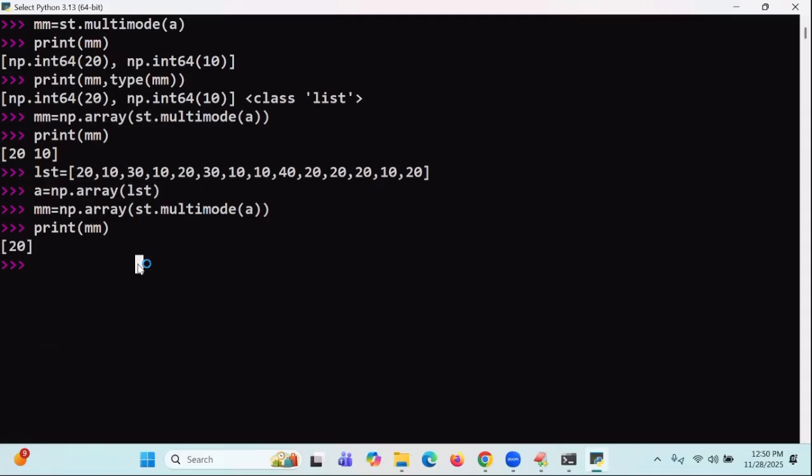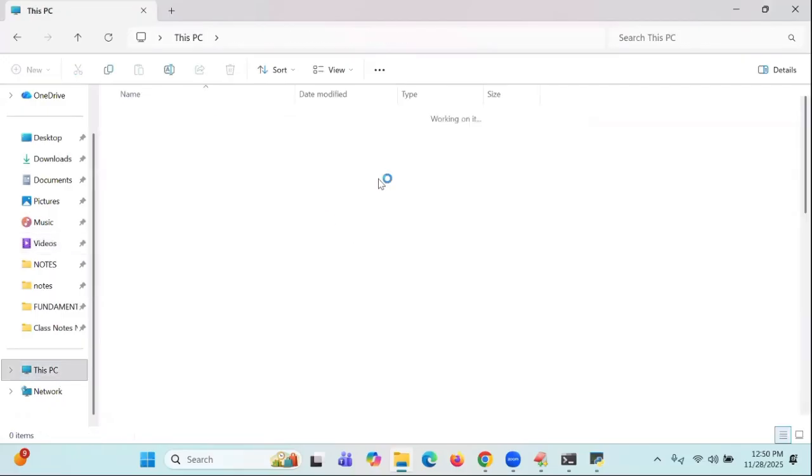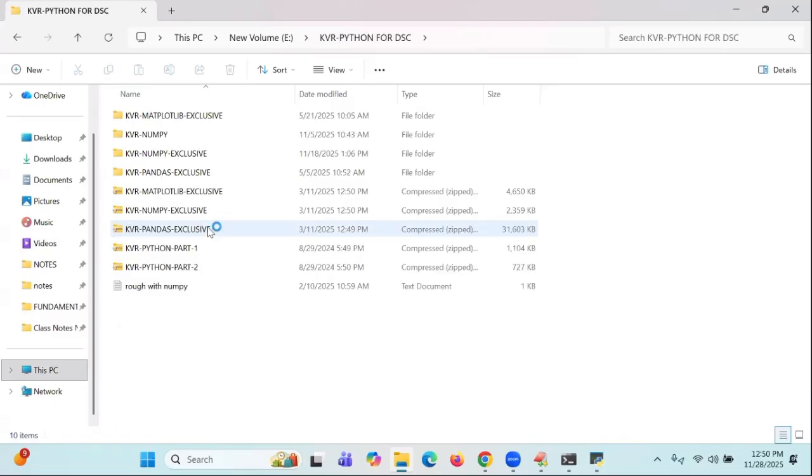Multi-mode. So in NP, what is available? Statistical functions, how many? How many statistical functions? 6. Come on, spell out, out of 6: A max of, A min of, median of,